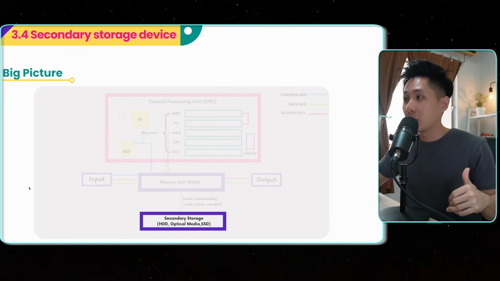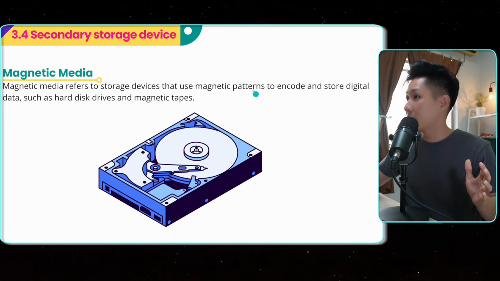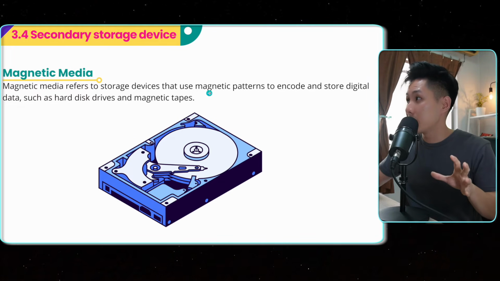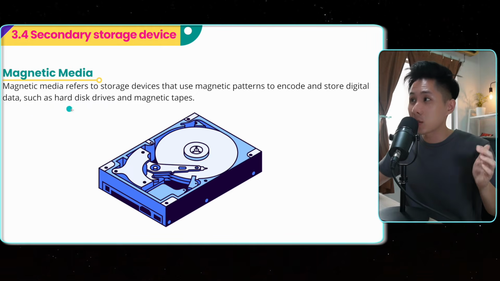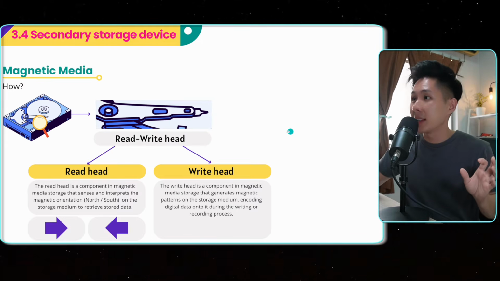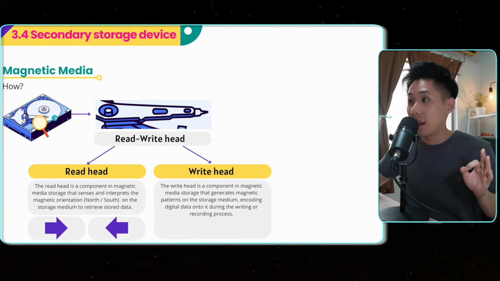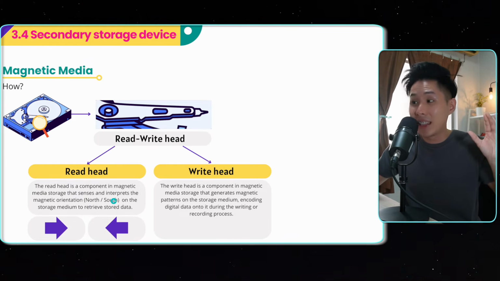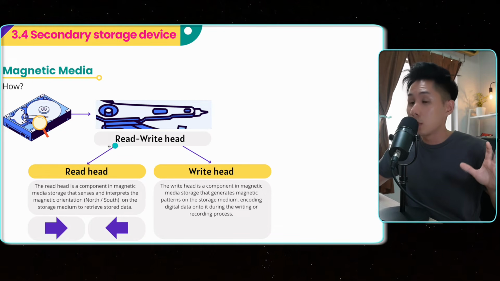Now we're going to move into secondary storage devices, which is your magnetic media. The first one, your HDD. Magnetic media refers to storage devices that use magnetic patterns, north and south, to encode and store digital data, such as hard disk drive and magnetic tape. So let me explain how this works. The magnetic media here, the hard disk drive, has something called the read-write head. So the read head is a component in the magnetic media storage that senses and interprets the magnetic orientation, north or south, on the storage medium to retrieve the stored data,